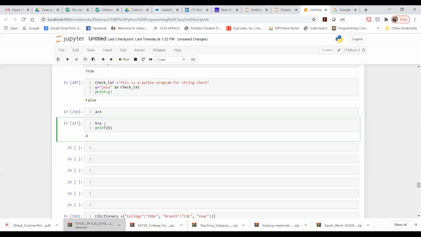Here nothing is there, because it is just mentioned like b is equal to a, that's it. Guys, I don't know what exactly you wanted to see here; I haven't written anything. I've just assigned a is equal to 4, and then in another line I have written b is equal to a, that's it.